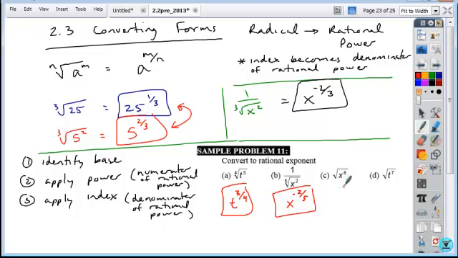Okay, the next problem, you have a base of x, a power of 6, an index of 2. Well, what do you need to do with this? 6 halves can be reduced to x cubed. And now, you have to also be able to recognize that in rational powers, a denominator represents your